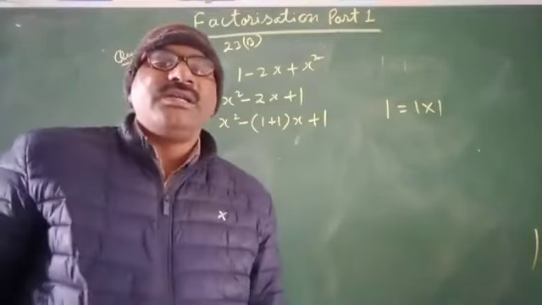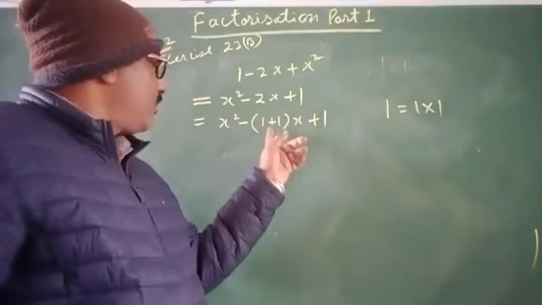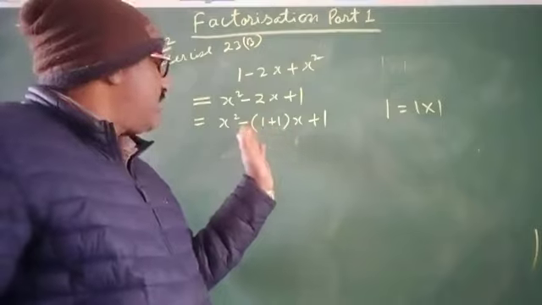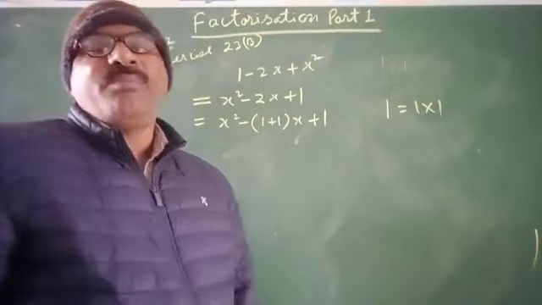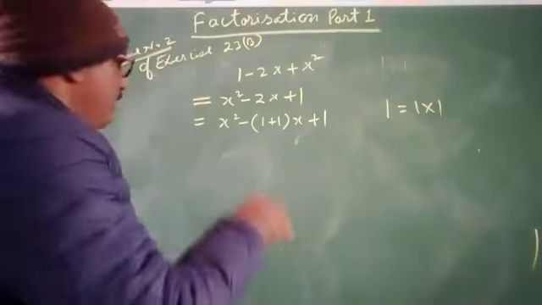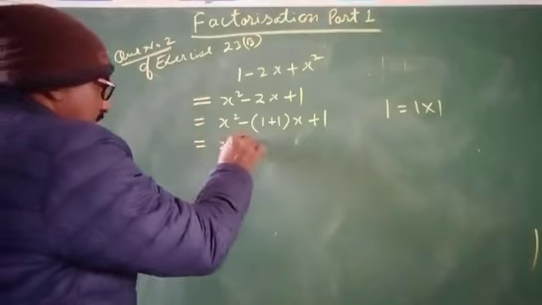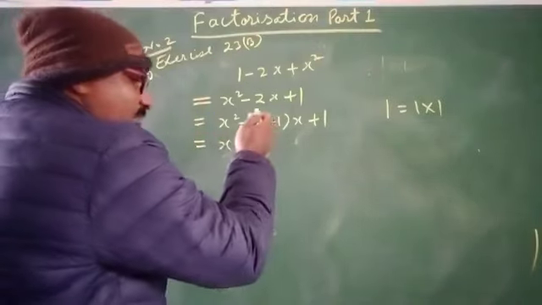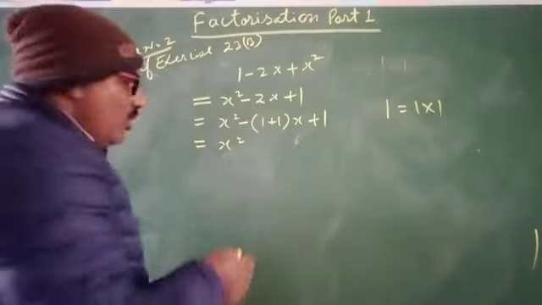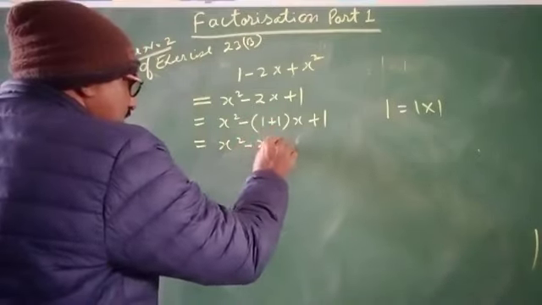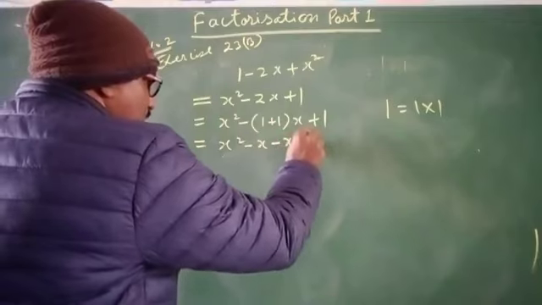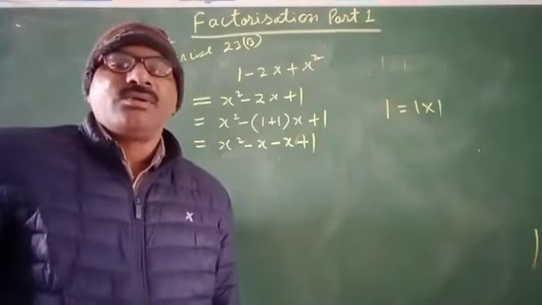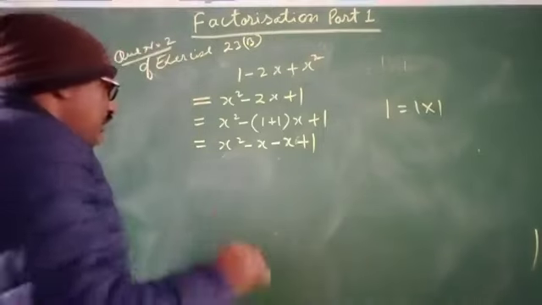So dear student, as you see here, out of the bracket is a minus sign. When we break the bracket, it will be equal to x square, and when we multiply by 1 and break the bracket, we get minus x plus 1. X square minus x plus 1. And it will be as